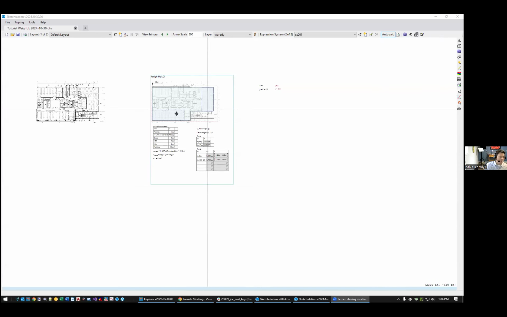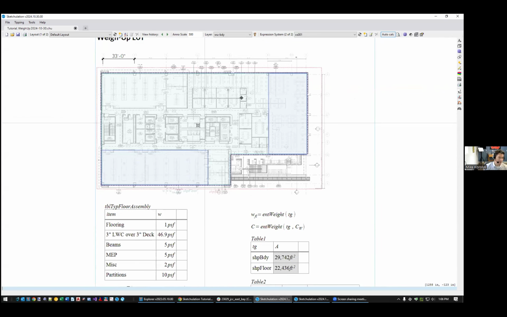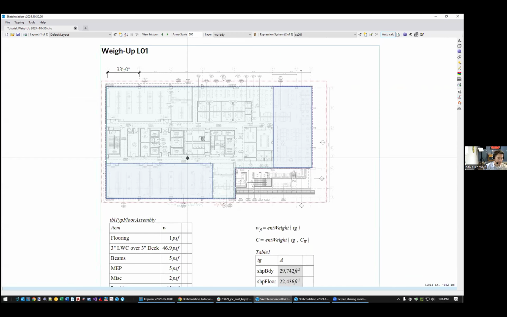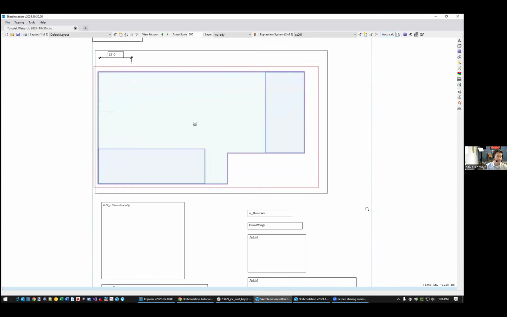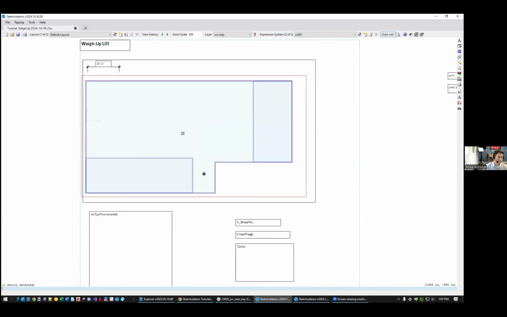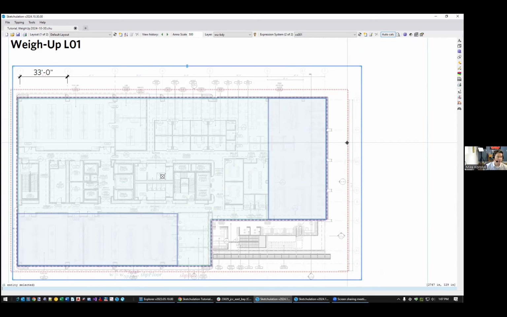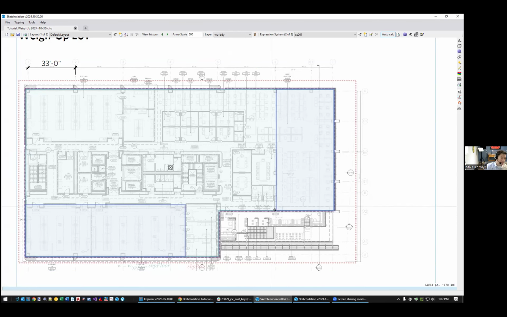So I am showing an example of what we did last time, and this was a wave example. Just to refresh our memory, it's very easy to use Sketchulation to calculate the weights of shapes. We use it to calculate the weights of our floors for our seismic design. And what we did was we pulled in a plan from a PDF. We took a screenshot of a PDF that we got from the architect, and then we traced the shape of